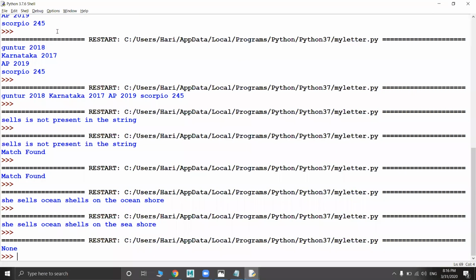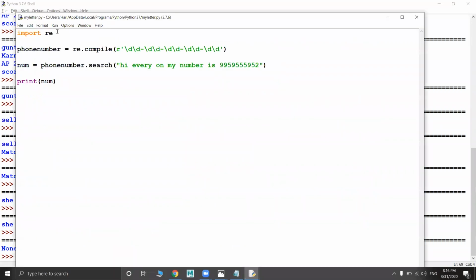What did you get? You got None, because I gave the pattern in one format and wrote my number in a different format. In the pattern I wrote a hyphen between digits, but I didn't mention the hyphen in the string. I need to mention the hyphen, then only it will match the pattern.